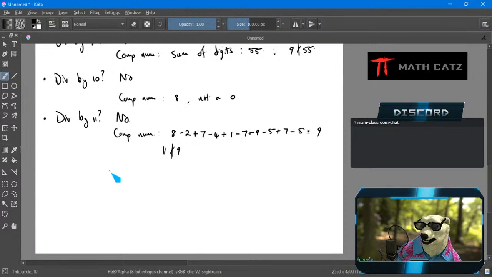I want to explain a little bit. I should do more here. You're right, I'm lazy. Last digit is 8. That's the number I use to make my decision. I'll call it the comparison number. Because it's not a 0, my answer is a no. So comparison number is this alternating sum. Getting a 9, 11 doesn't divide into 9, and therefore my conclusion is a no for the original number as